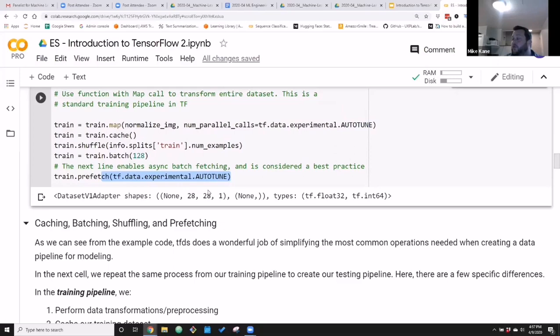Let's say I have 100,000 items in my data set, 100,000 images. I have a couple ways I can do this. I can train on the whole vector of 100,000 at once, which is called gradient descent. I can train on one at a time, randomly selected from this 100,000 without replacement, and then update the weights. That's called stochastic gradient descent. And what we're doing is mini batch gradient descent, which is somewhere in the middle.